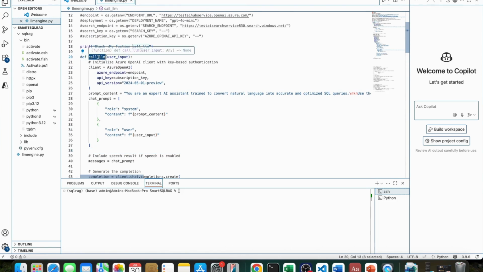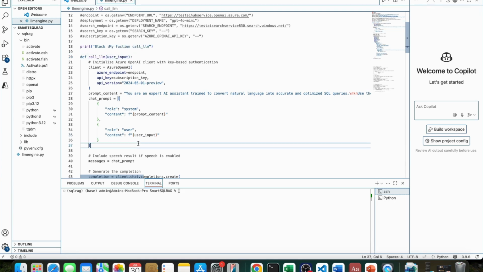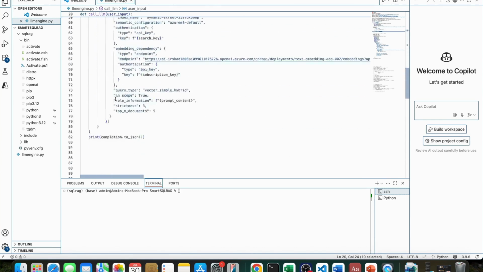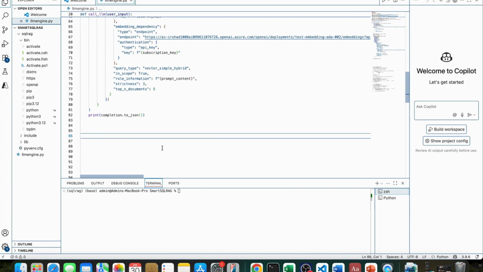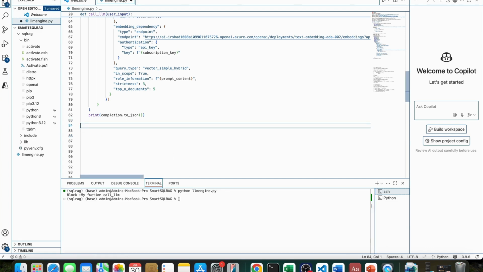The function name is LLM, and we are passing user input. This is our SQL script. Whatever natural language we pass here, we give as input. So let us execute this and see how it looks. Currently I am not getting any result because we are not calling this function. So we call it, and here we need to write our query in natural language, for example,